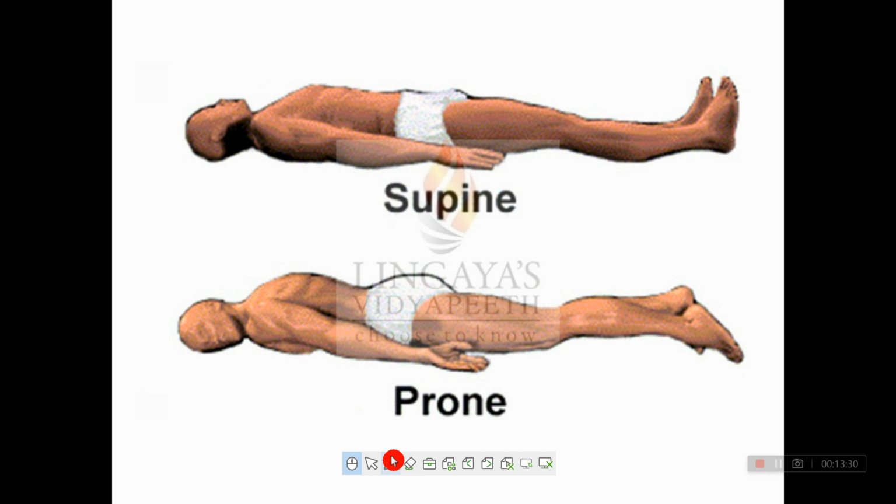First position is the supine position, right? If you look at this diagram, you will see a person is lying facing upwards. The person is facing upward and is lying on the ground. So this kind of position, when a person is facing upward lying on the ground, is